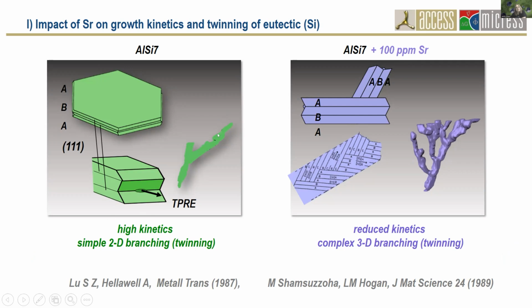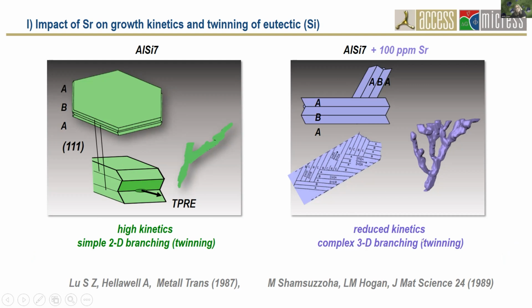So it can go in with a much higher attachment kinetics than the faceted planes. And this is why the twins are preferred. And the idea now is that the strontium atoms may hinder this mechanism, and so they reduce the kinetics in this direction. But on the other hand, they are